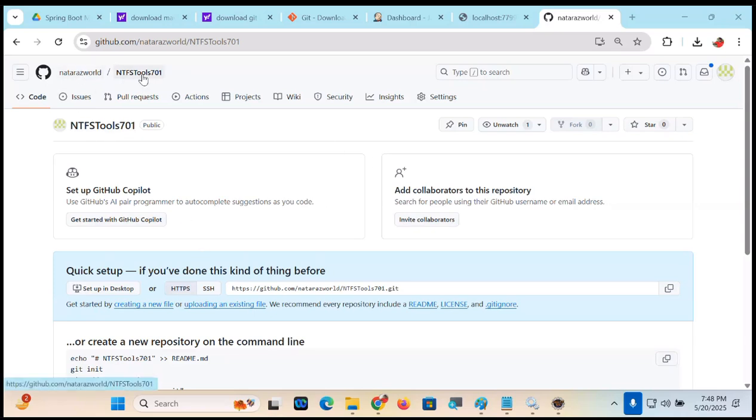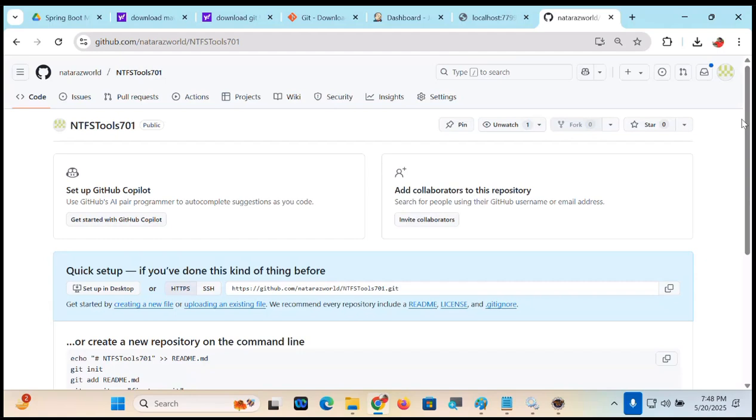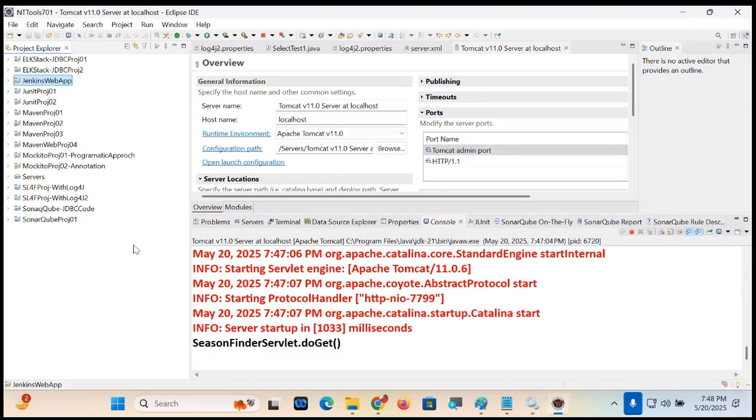701. If you go there, the URL will come somewhere. Yeah, this is the URL. Super. This is the URL that you have to copy. But the other day, I think we got one access token. Instead of the password, I have to submit it. Somewhere I saved that one also. Let's check our luck today. First of all,